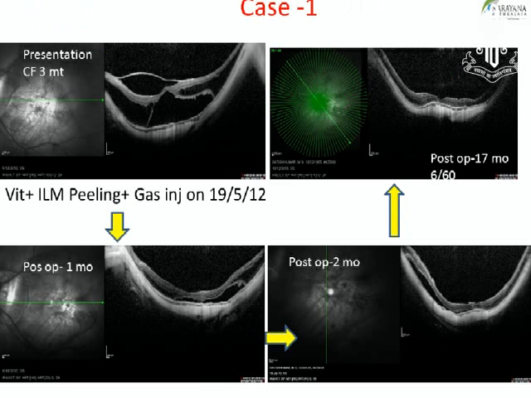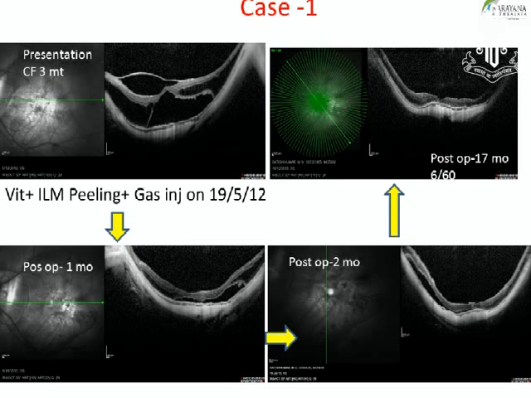The patient underwent vitrectomy, ILM peeling plus gas injection. This is at presentation. This is at 1 month, and you can see the foveoschisis has improved. The subretinal fluid that was present has also decreased. And this is at 2 months, and this is after 17 months. So the patient definitely felt better. There's not a very dramatic improvement in vision, but the patient felt better, and at least you could prevent it from progressing further. So definitely anatomically you can get good results.